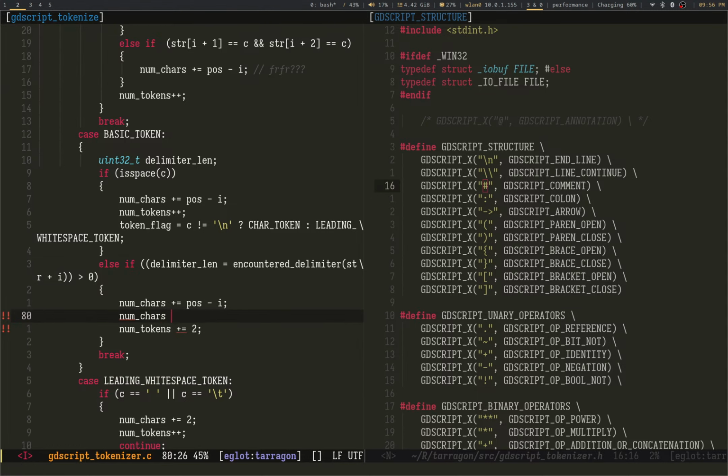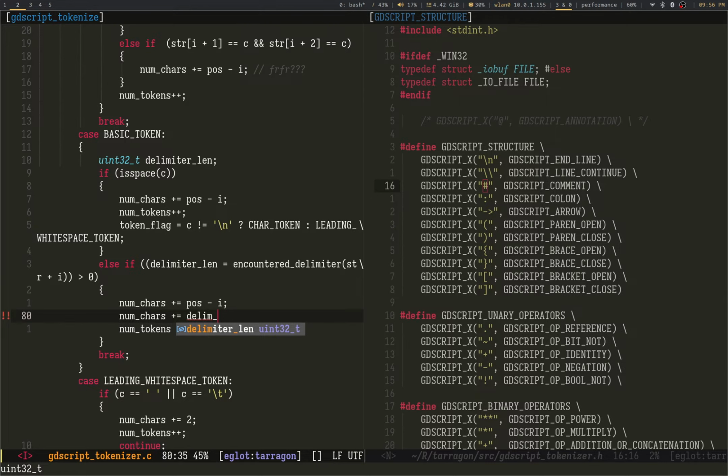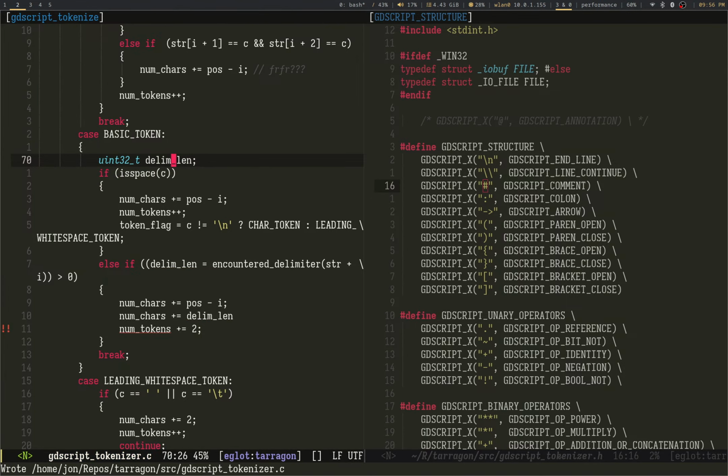Plus num chars plus equals delimiter. Yeah, I'm not going to spell delimiter the entire way. And of course, we want to include the null termination. So we do like that. We have a good time and do like that.